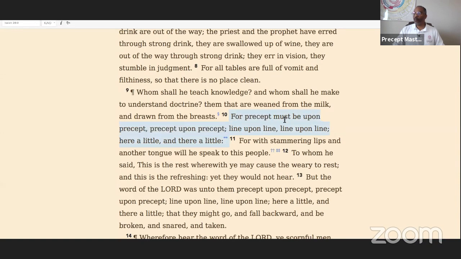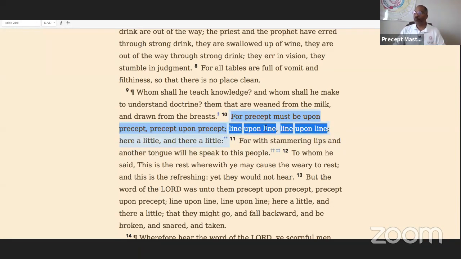It says, for precept must be upon precept, precept upon precept. And you see it's a semicolon there, not a colon. So we have to understand what those mean. But what this actually does is show you where I can lift up this right here and put that somewhere else. But it has to be followed within the structure of the precepts in the understanding of God. If it's not, I'm making it out of a lie, because that lie is going to show itself somewhere else. So if it shows itself somewhere else, then I'm lying to you, because now I'm pushing my personal thought. And I can't do that.